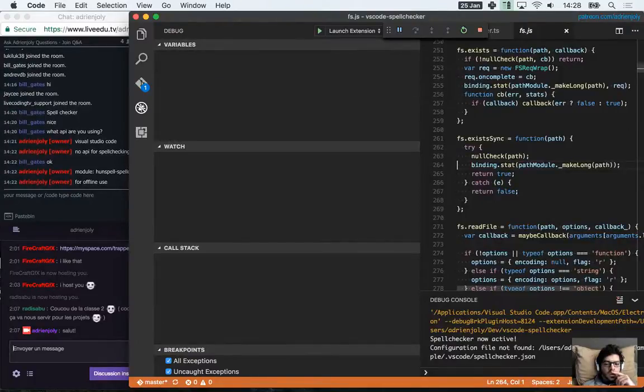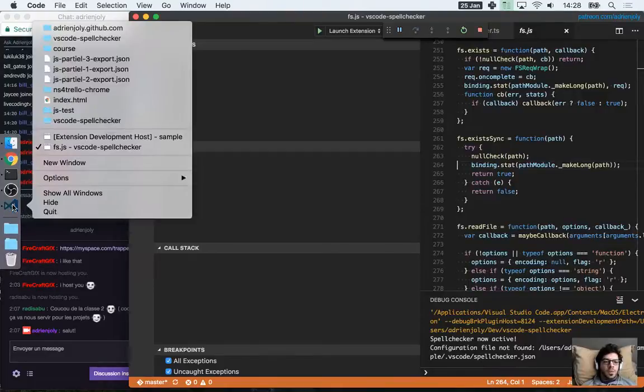Okay, keep running. This is not a fatal error because the configuration file is not needed. By default, it's going to switch to English. So I pressed the play button to continue debugging the app. Okay, so now I'm going to switch to the